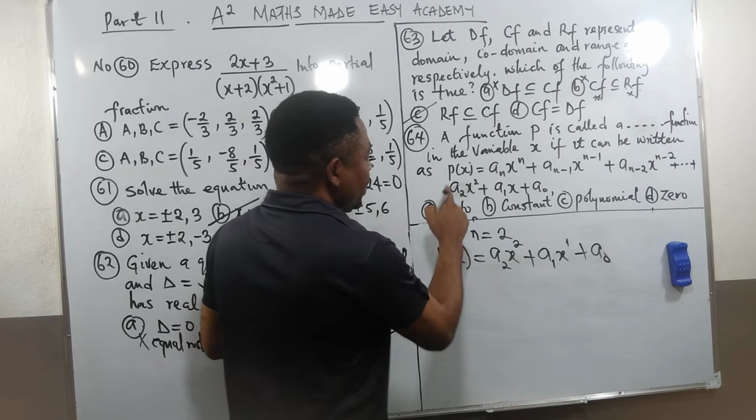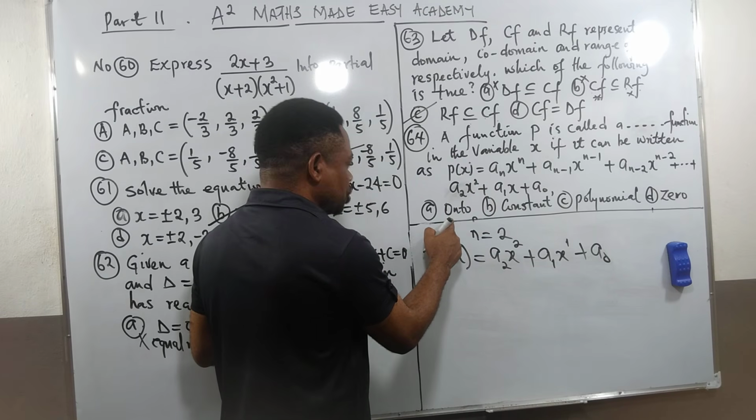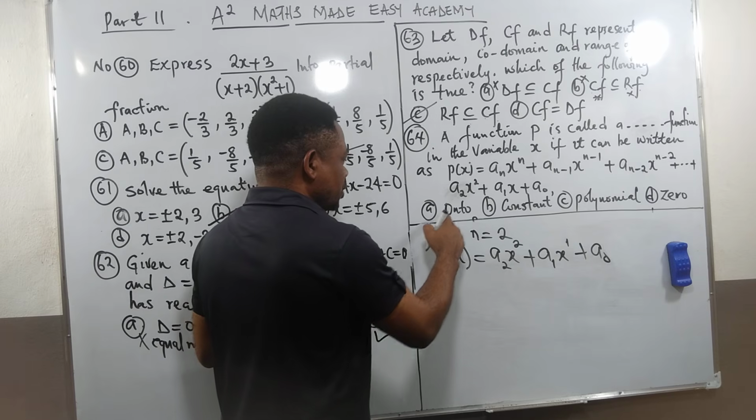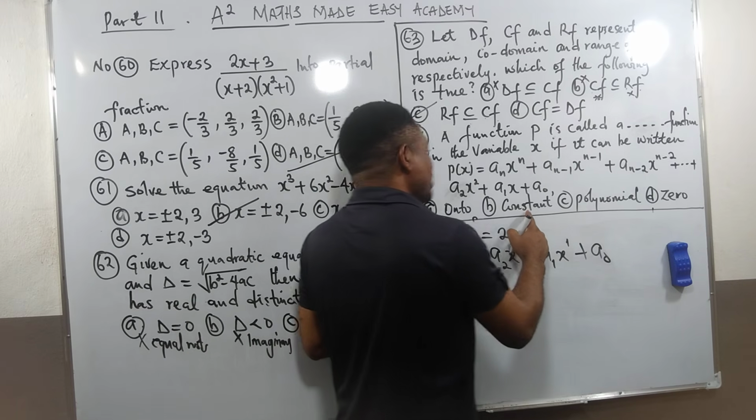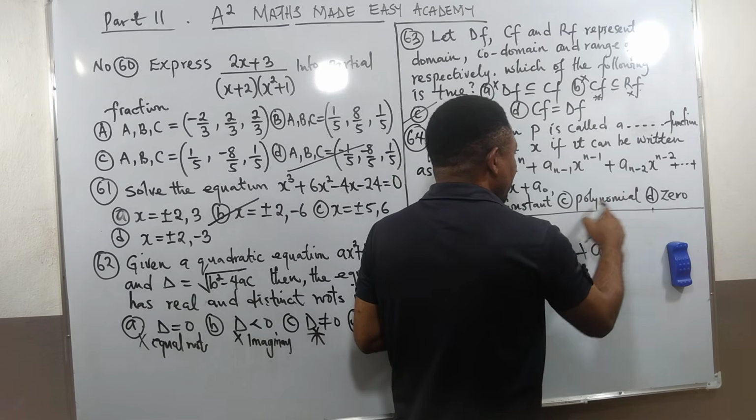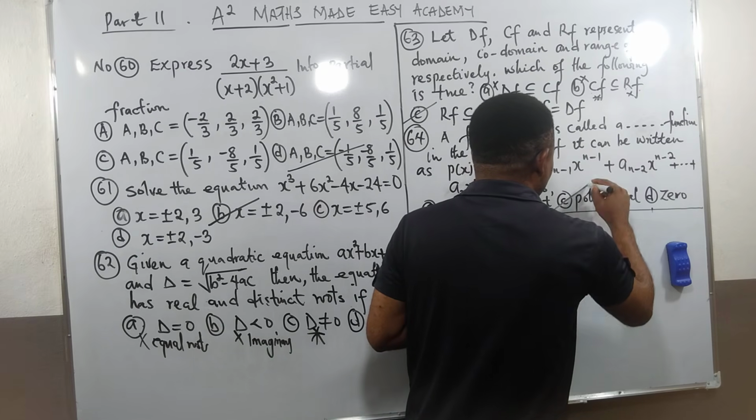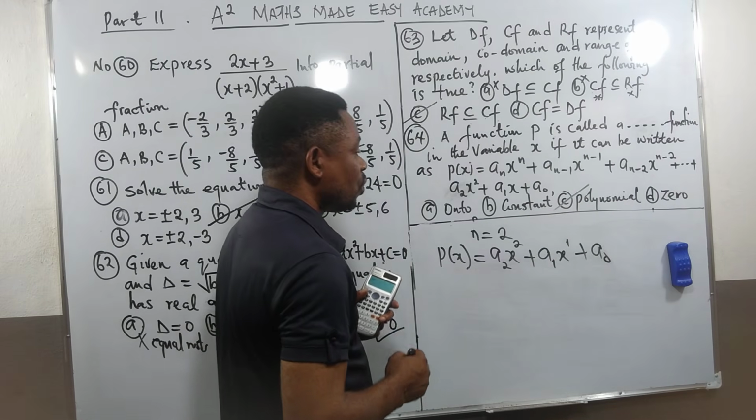So what is the answer? It cannot be an onto function. I will teach you all of this in my main video. It cannot be a constant function. It cannot be a zero function. But the correct answer is the polynomial function, which is option